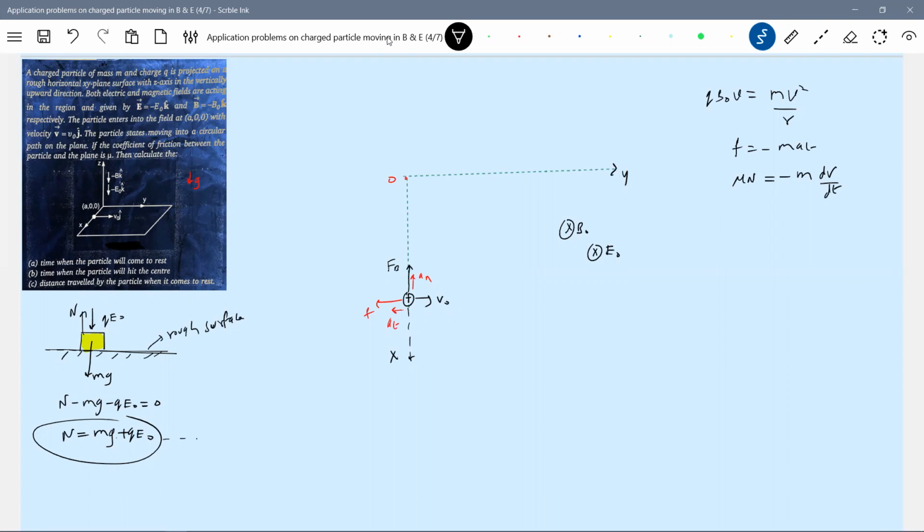So what is the question? The time when the particle will come to rest, the time when the particle will hit the center, and the distance traveled by the particle when it comes to rest. ABC, the time taken. So when will it come to rest? When the speed has become 0. And what is N equal to? We have the value here. So let me first get the